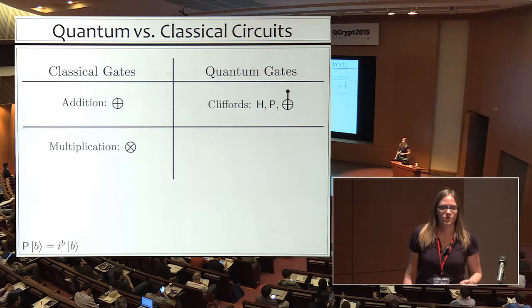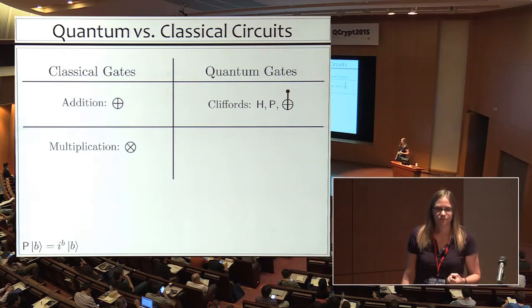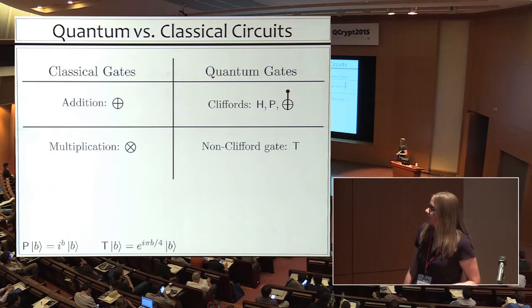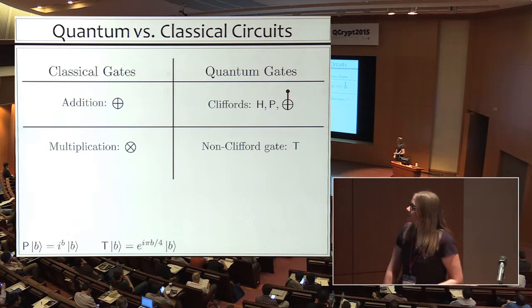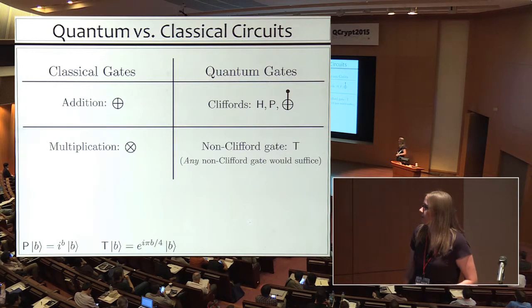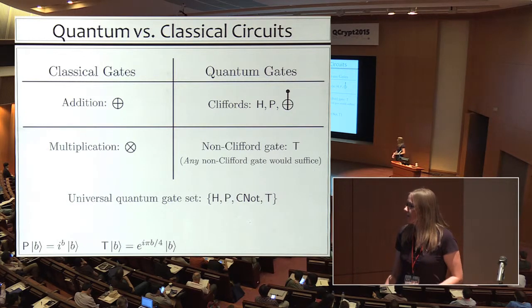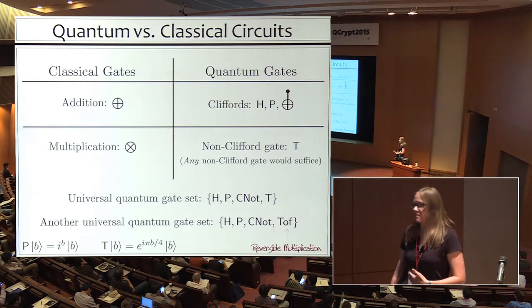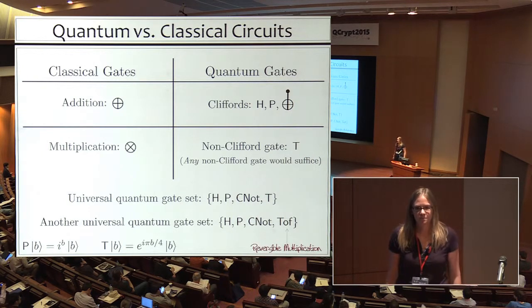And then to get a universal quantum gate set, we know that it's enough to add any non-Clifford gate. And we choose the non-Clifford T gate, which is a standard gate, and it's the square root of the phase gate P. But we could have chosen any non-Clifford gate instead of the T gate. This would give us a universal gate set. So this is the universal gate set that we look at. But another choice that we could have gone with is, instead of a T gate, we could have used Toffoli, which is a reversible multiplication gate. And Toffoli and T gate are very much related.